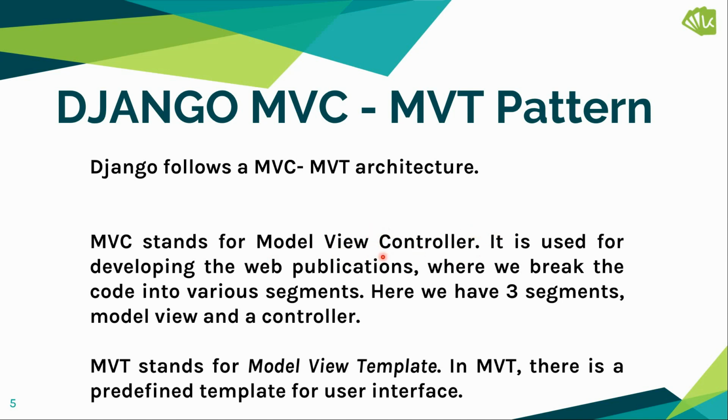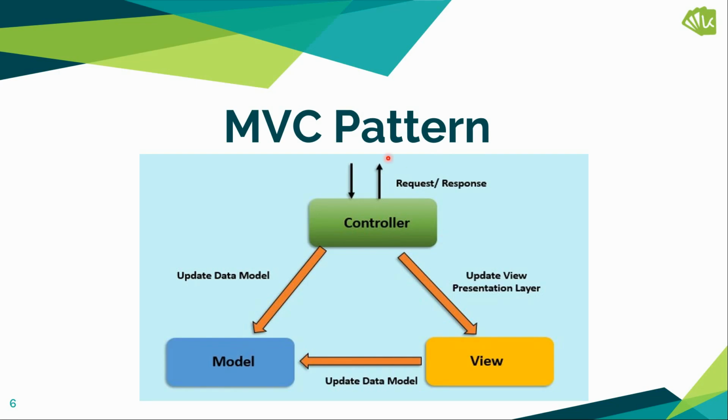So whenever a request comes in, it's the controller that receives it and then redirects it to the appropriate view. We'll move to the next slide where we can actually see how it works. Let's say a request comes in. This request is front-ended by the controller. The controller receives it, and now the request can be of two types. One, directly updating a DB. In that case, the controller can itself interact with the model and update the corresponding values in the DB. This can be either an update or a delete.